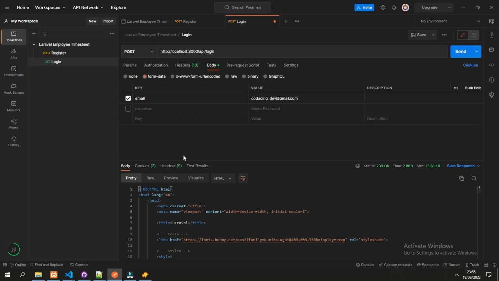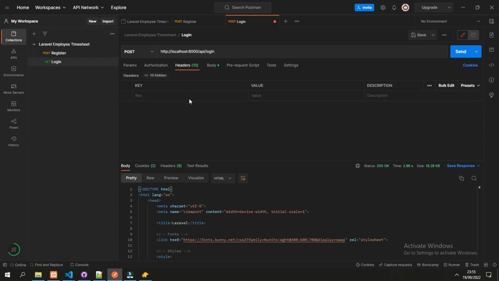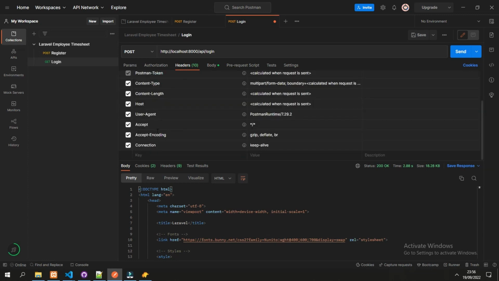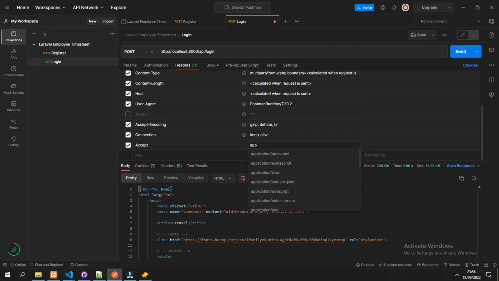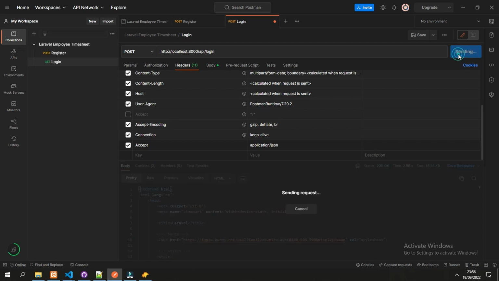So in order to get the JSON response, what we would do is change the header value to application/json. We just create a new key and disable this one. And for the value would be application/json.